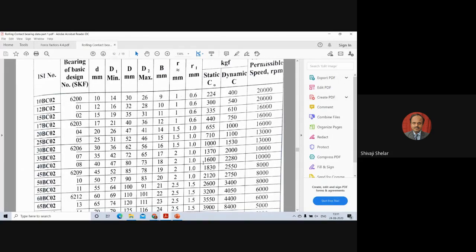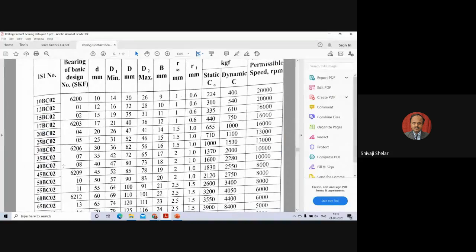So the static capacity here is 1600 kgf. You have to convert it into Newton. So this will be 1600 into 10, that is 16,000 Newton. So the static load carrying capacity of this bearing is 16,000 Newton. The dynamic load carrying capacity of this bearing is 22,800 Newton, because this is in kgf, so I'm expressing it in Newton. So whatever you calculate there, if that value is less than this value, then this bearing can be